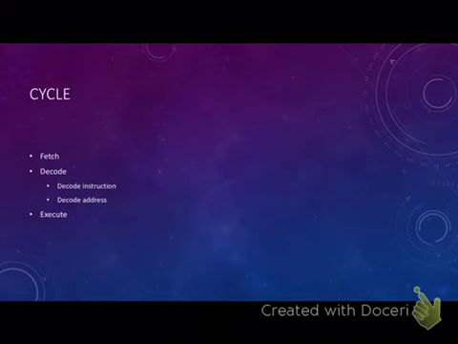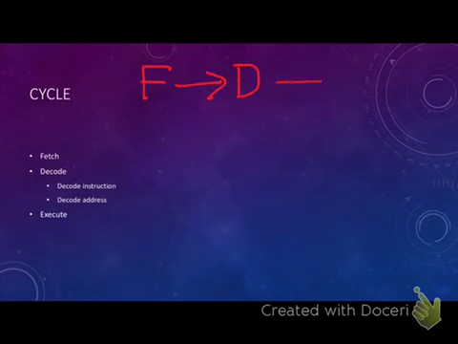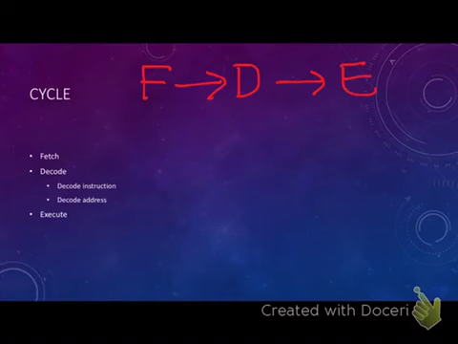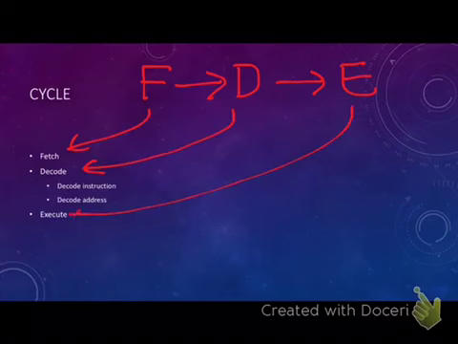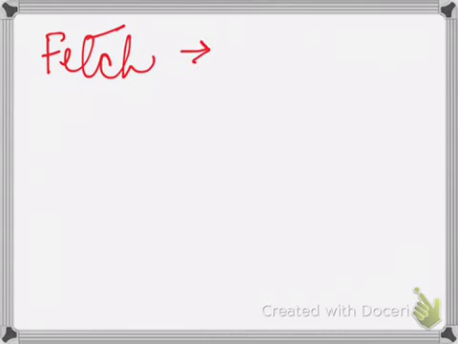This instruction execution cycle is also known as the fetch, decode, and execute cycle. Different things happen in all 3 stages. The first phase is fetch. The fetch phase, or the fetch cycle. So here what happens? The instruction to be executed